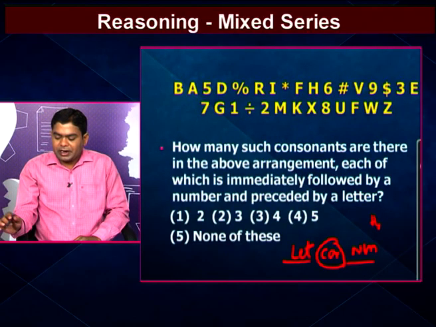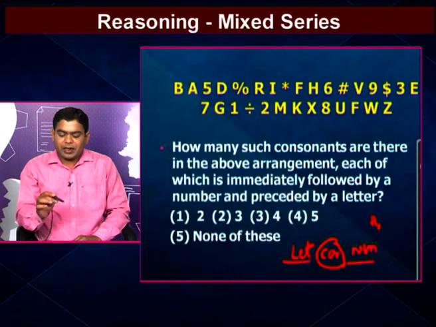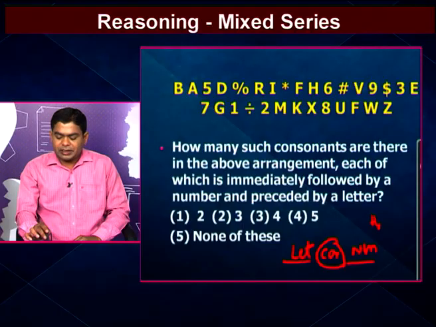That means at present one consonant is counted. After that we go to the next consonant, here the consonant is V. Here the preceding element is a hash, that means it is not satisfied. According to our question, the consonant must be preceded by a letter, but there is no letter, that's why we go to the next letter. The next letter is E, but it is a vowel, that's why this one is skipped. Next we go to the next consonant, that one is G. Here the preceding element is 7, but according to our condition the preceding element must be a letter, that means we go to the next one. The next consonant is M. Here the preceding element is 2, so that's why it does not satisfy the given condition.